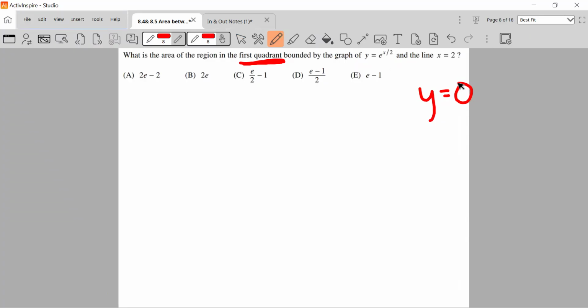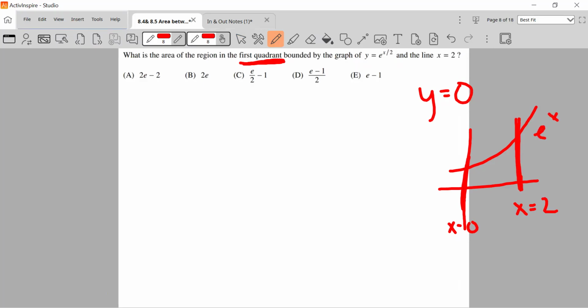And so your e to the x function looks something like this. And we're bounding it from x equals 0 to x equals 2. And we're just saying our top curve is this e to the x over 2, and our bottom curve is 0. So our integral is going to look something like 0 to 2 of e to the x over 2